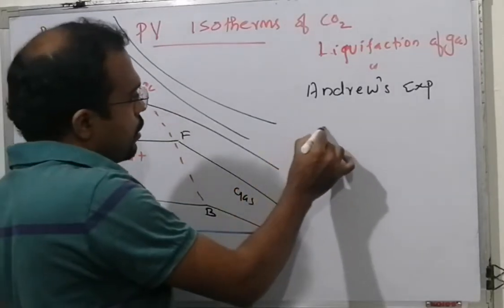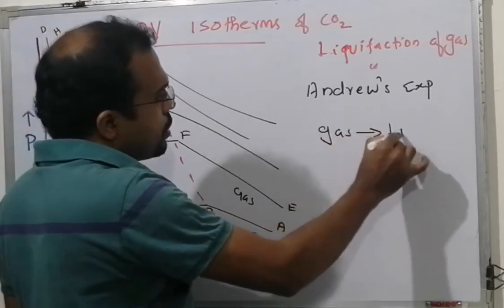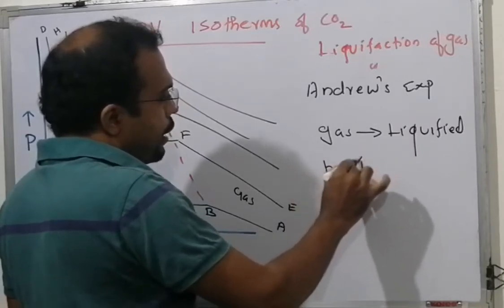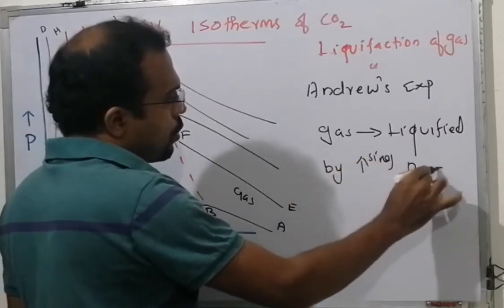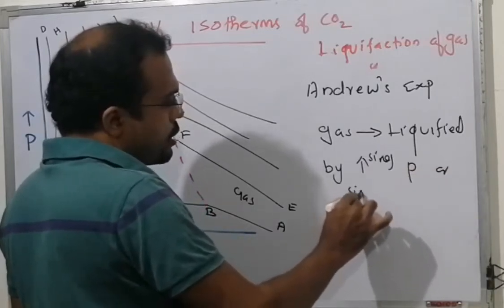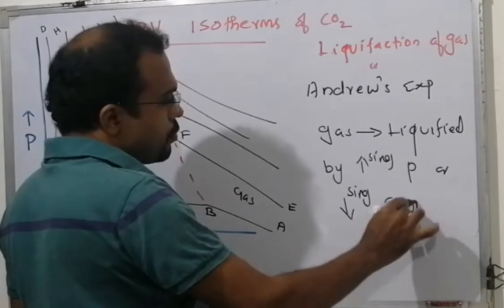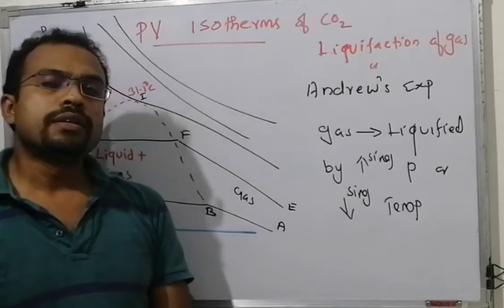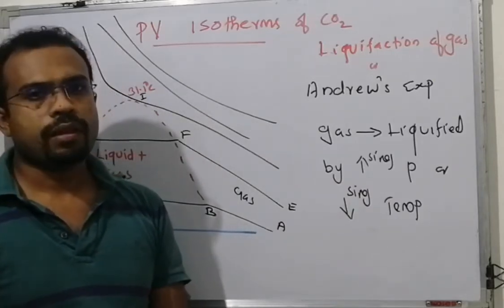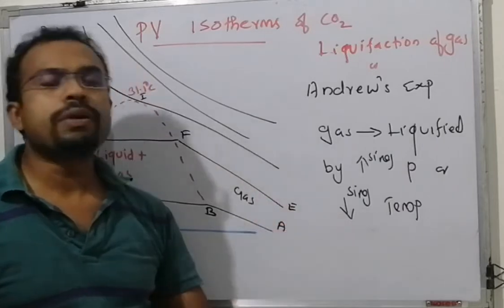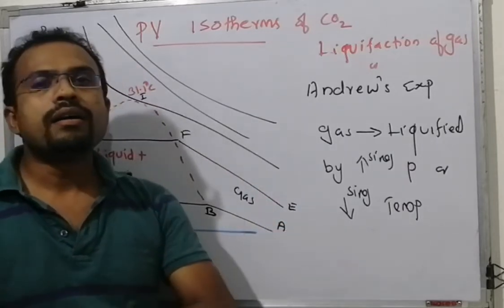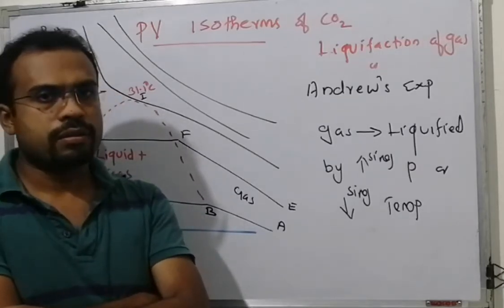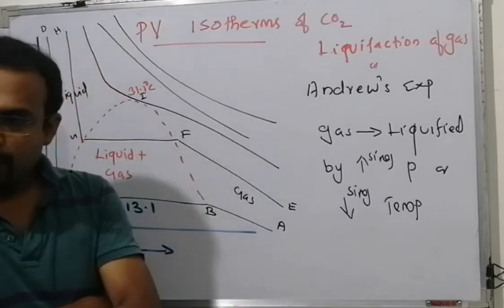We know that gas can be liquefied. Gas can be liquefied by increasing pressure or decreasing temperature. But decreasing temperature is the most relevant idea, the better one. You know why? The reason is that